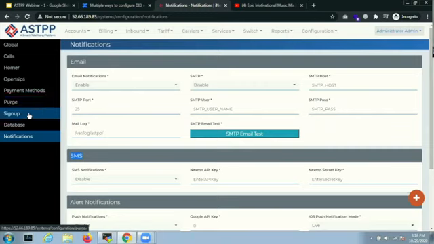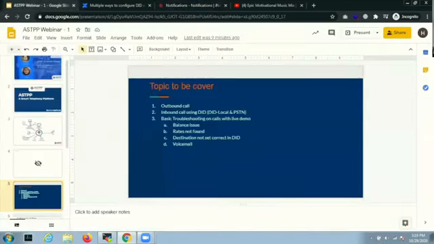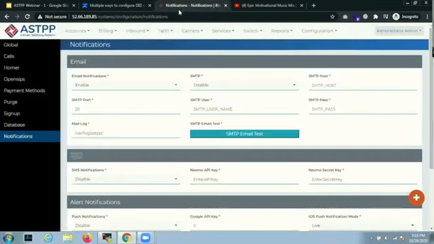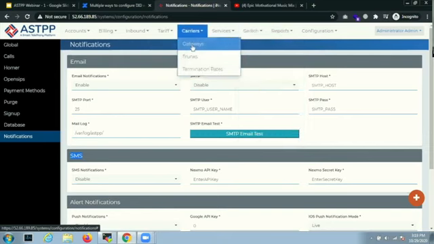Right. Now let's see what the basic needs are to start with the configuration. As I saw here, first we will cover outbound call. So let's start with that configuration part. We need to first of all buy or purchase the minutes from some provider. After purchasing those minutes, we have to configure it into our system, right? So we will first of all have to create one